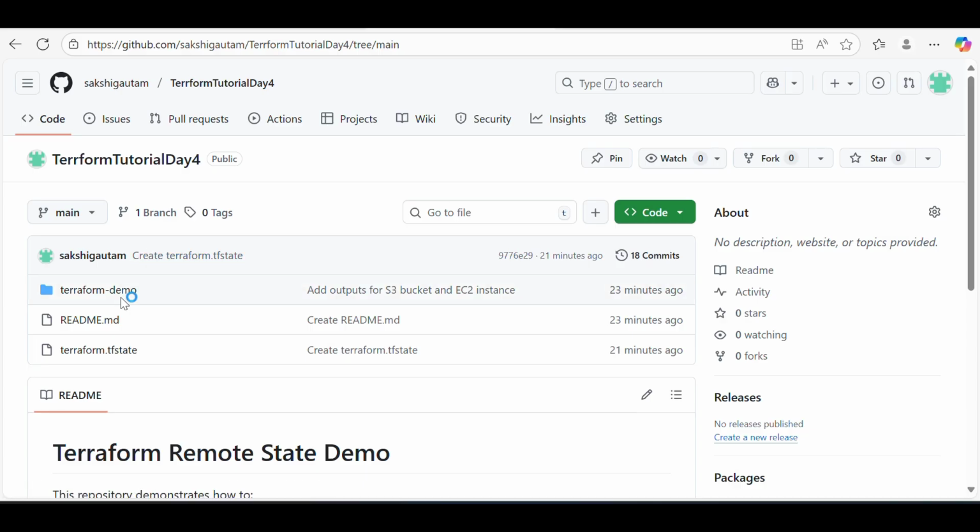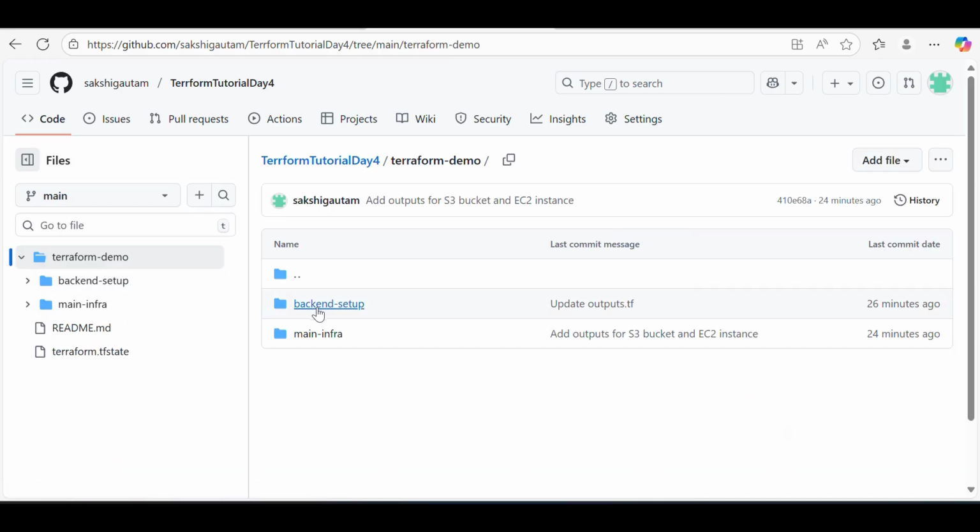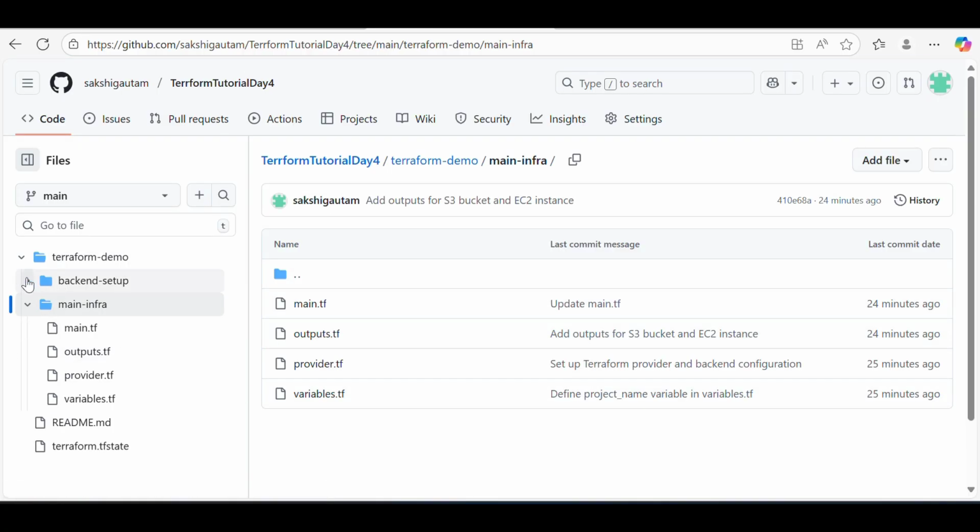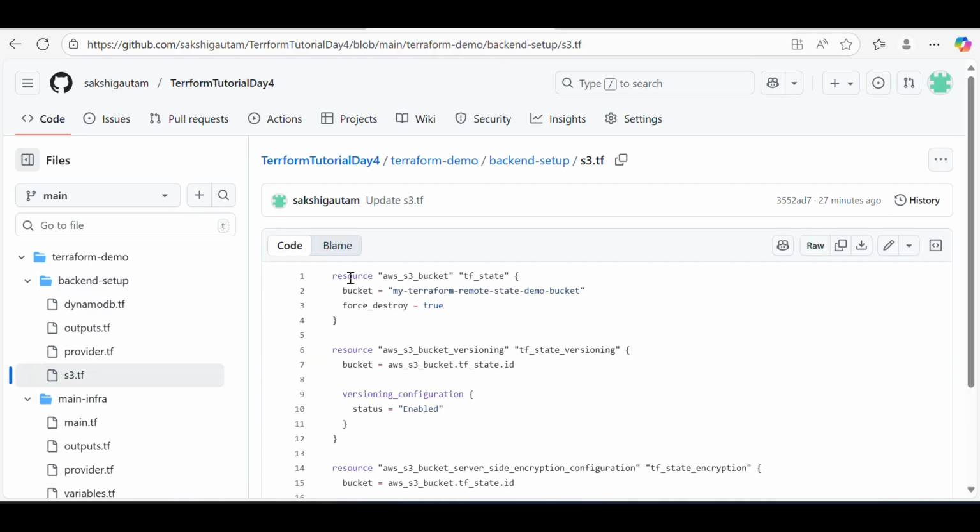So how to do it? We can either do it through Terraform only. I'll give this reference to this GitHub repo, that how to, there is a main infra and then the backend setup. So basically we have to create s3.tf. I'm creating, and in main.tf